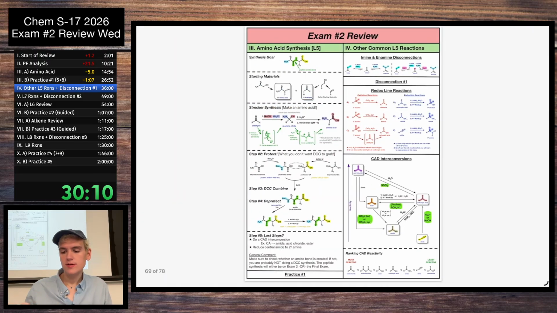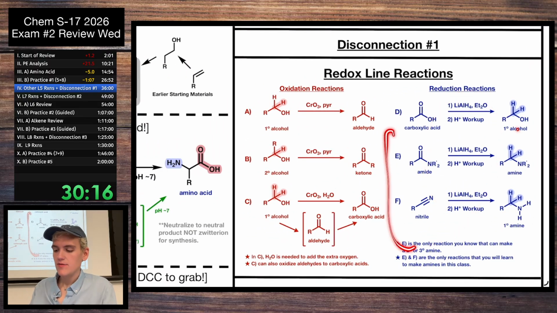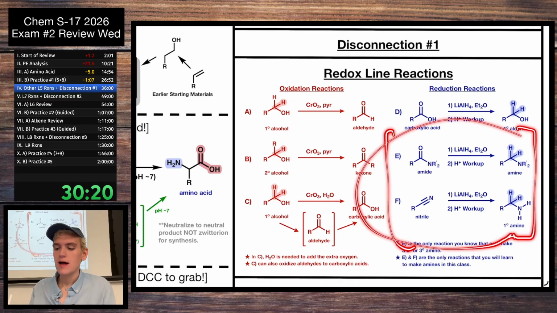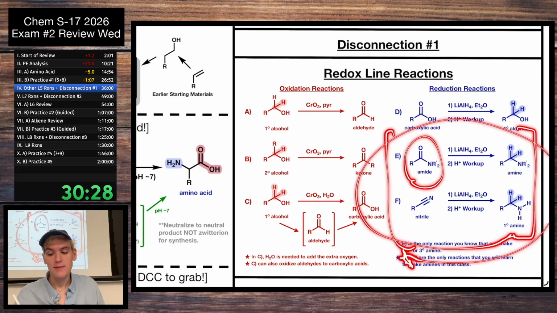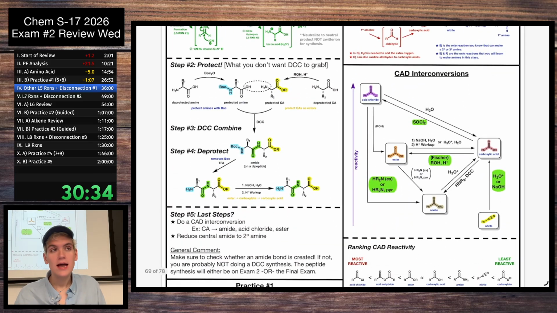Then in terms of the reductions, LAH is our reduction bad boy. And I'd just like to point out that if you are forming an amine, you've used one of these reactions. These are the only real reactions in the course that make amines, other than the amine and enamine hydrolysis, but those are pretty obvious. So here we can reduce an amide, or we can reduce a nitrile, and those give us amines. We have our carboxylic acid derivative interconversions. Our general rule of thumb is everything can become a